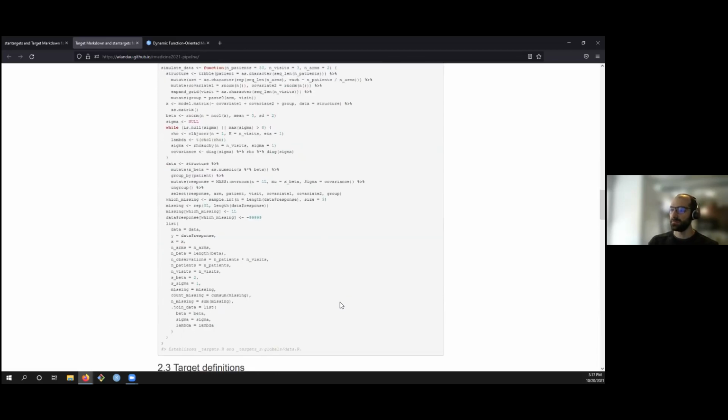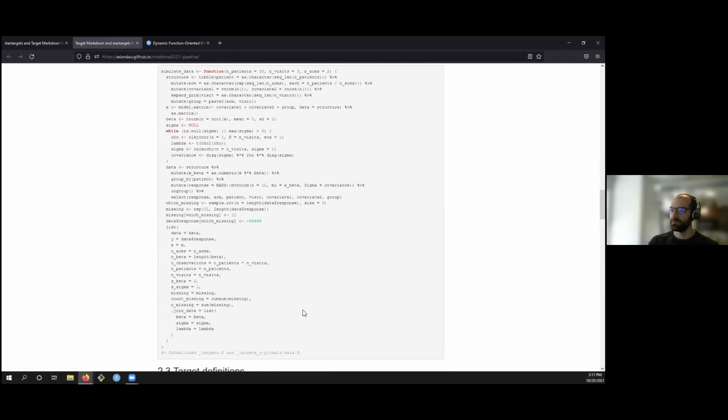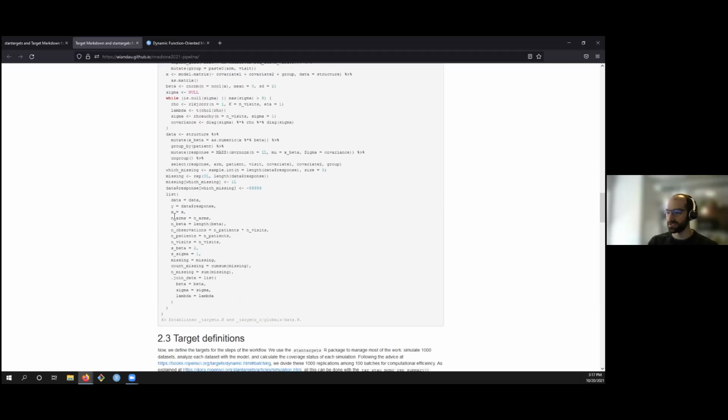And then likewise for the data generation function, this is the full function that simulates data from the prior predictive distribution. We're simulating model parameters using hyperparameter values, and then we go on to simulating data, and we're saving the data and the parameters in a Stan data list. So this is very friendly to Stan.